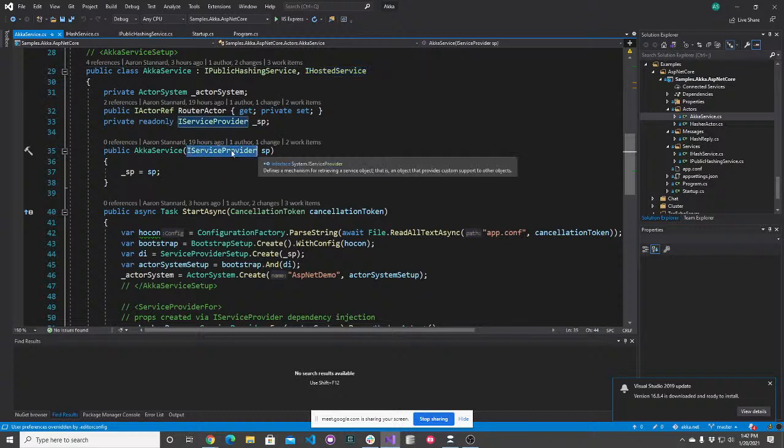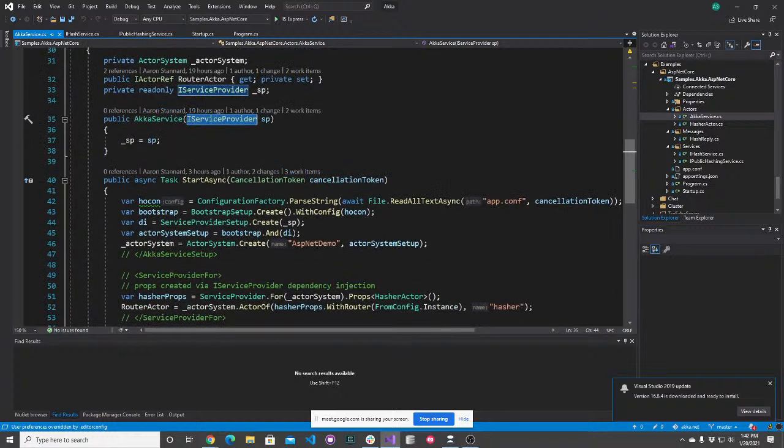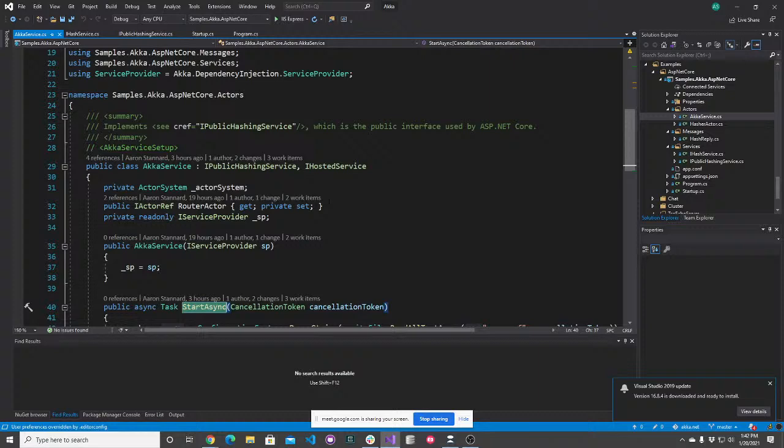This is the sort of factory interface for being able to work with the dependency injection system in ASP.NET, or really any Microsoft.Extensions.Hosting service is going to expose this. So we're going to go ahead and save a reference to this. And then down below, in my StartAsync method to start my IHostedService, this is part of this interface